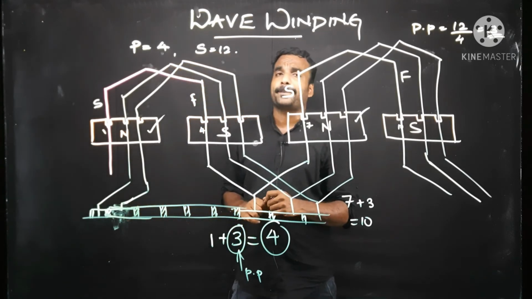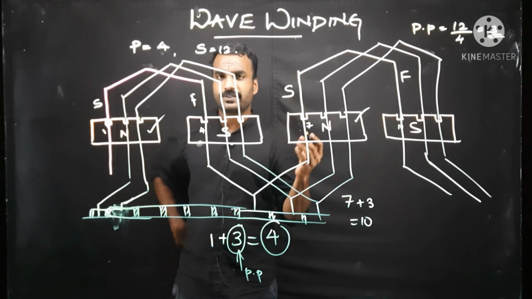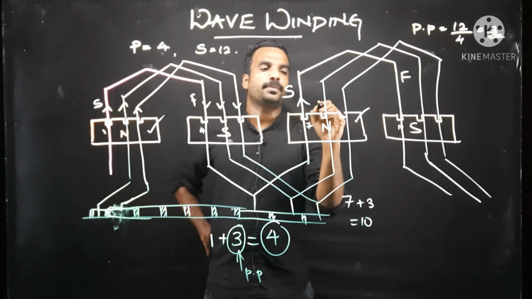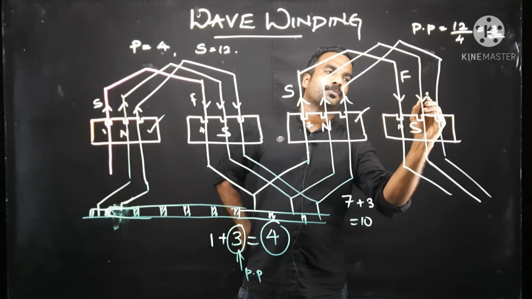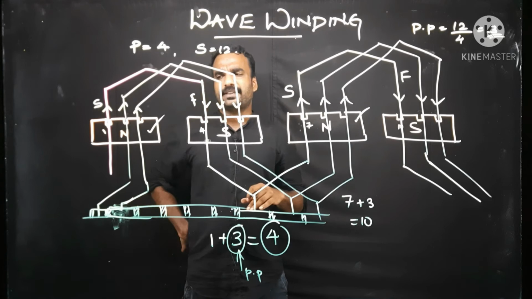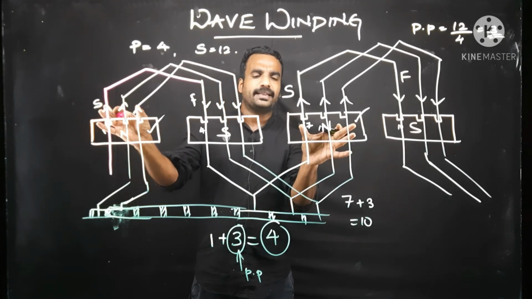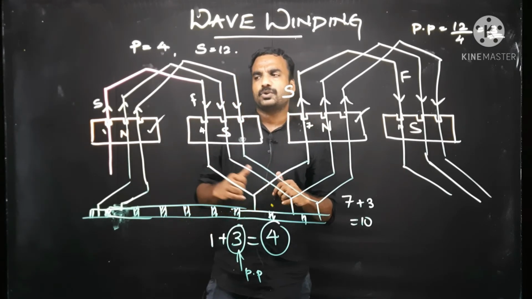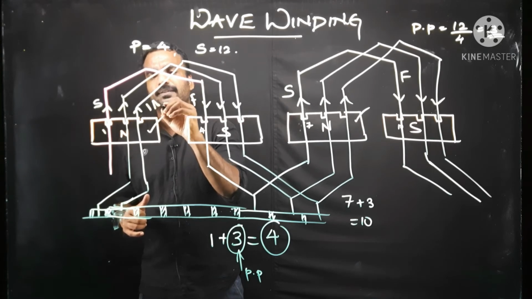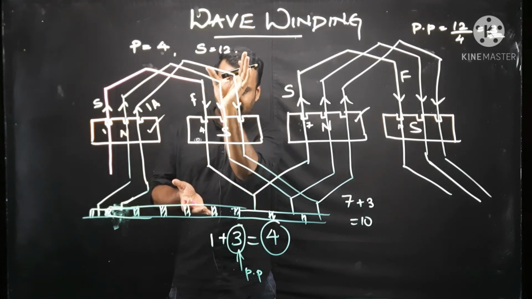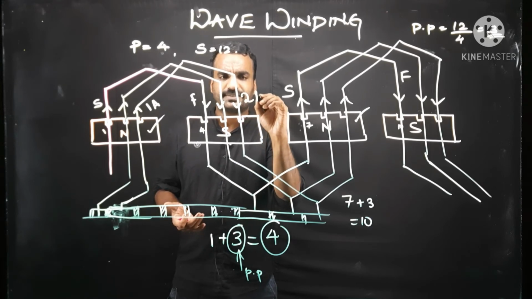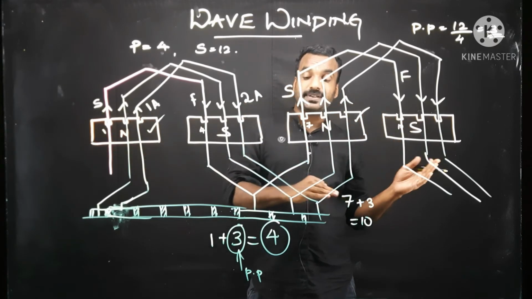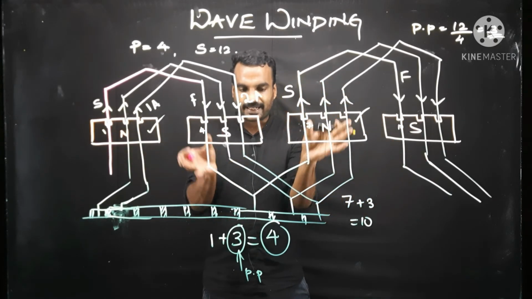And now comment about the number of parallel paths. What was our previous conclusion? All north poles you mark upside, all south poles you mark downside. Again north pole upside, south pole downside. But what is the difference here? In this north pole and in this north pole, the winding is directly connected. So if you count this as the first parallel path, and as these currents are going downside, you can calculate this as the second parallel path. But this one and this one are exactly identical. In the previous case they were detached, but in this case they are connected.